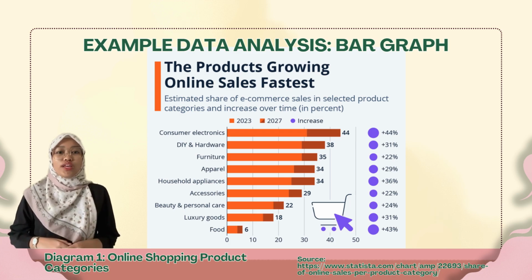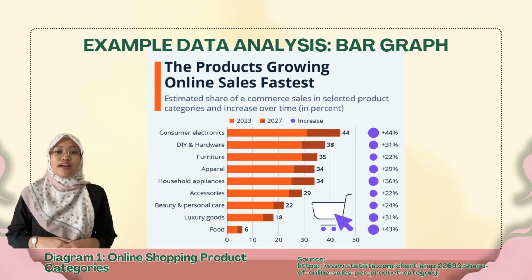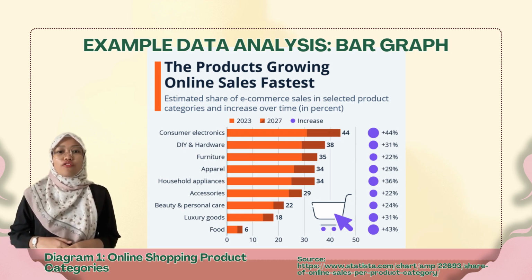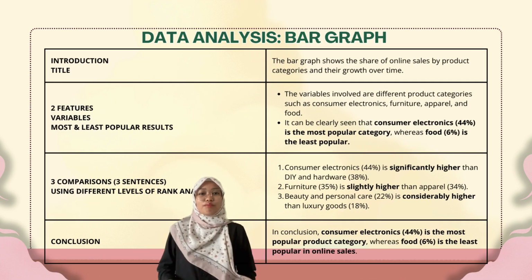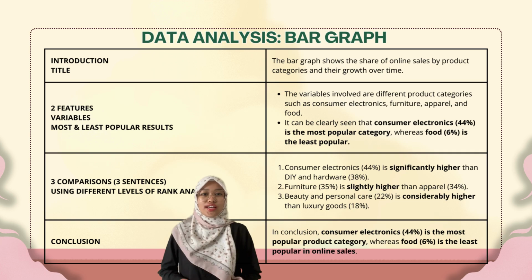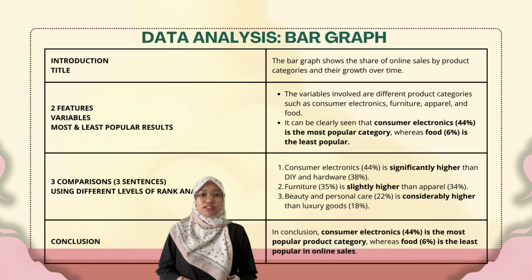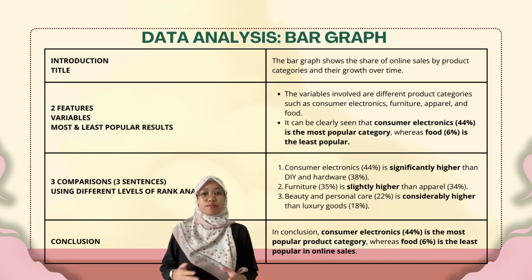From this graph, we can clearly compare which categories are more popular and which are less popular among online shoppers. It also helps us understand the overall pattern of consumer preferences in online shopping. The bar graph shows the share of online sales by product categories and their growth over time. This means the graph not only compares different categories, but also shows how these categories are expected to grow in